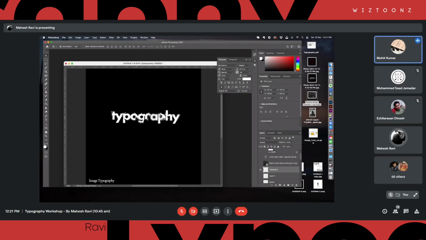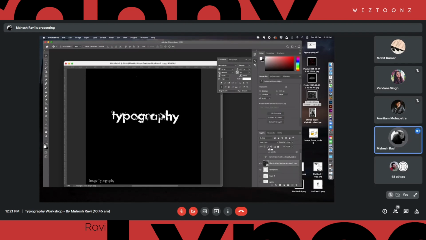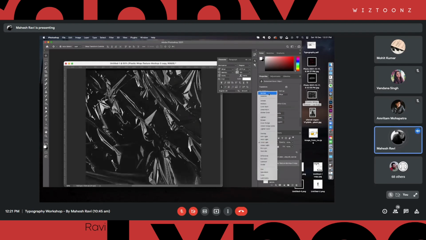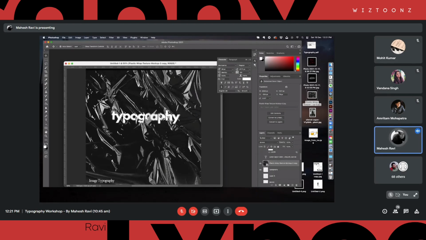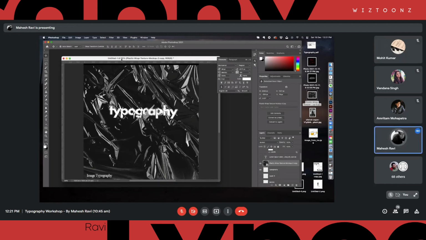Yes. Right? So quickly, that particular displacement got applied in here. And now if you turn this thing back on, right on top, maybe set to screen, something like that, see, it will look like you're actually seeing through that plastic wrapper. Exactly, because that is the map that we have used to distort it. So it's a very, very interesting effect. You can try using that. That effect can be used for a lot of things.